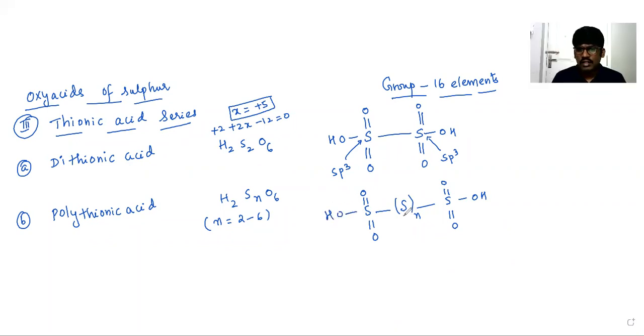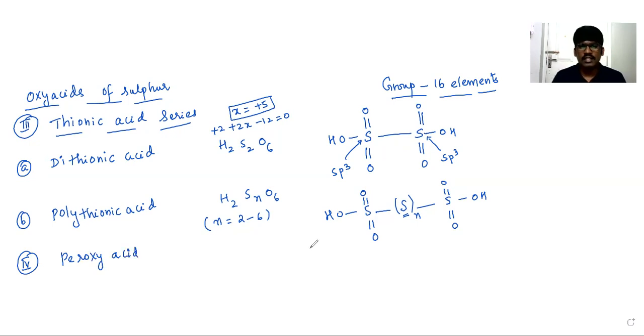So here the sulfur which is interconnecting two sulfur atoms, based on the n value you have to give. That may be n 2, 3, 4, 5 and goes on. Right? If it is 3, like trithionic acid; if it is 4, tetrathionic acid. In such a way we can give the names. It is the third series of the acid. And the fourth series is well known and familiar to you. In redox reactions also you have studied about this.